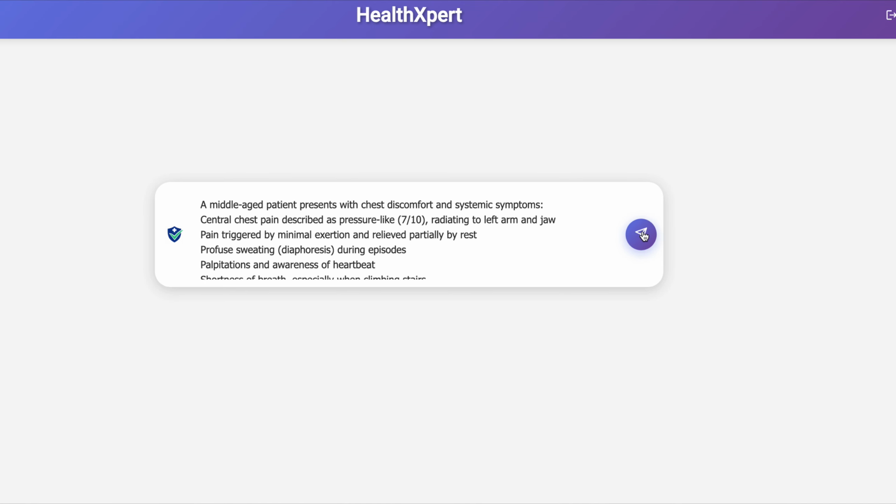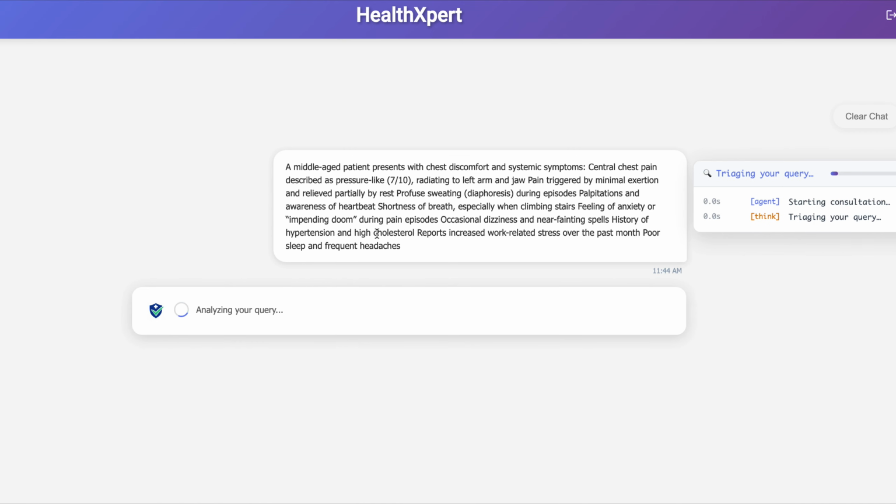Let's give now a central chest pain described as a pressure-like 7 by 10, radiating to left arm and jaw, pain triggered by minimal exertion and relieved partially by rest, profuse sweating during